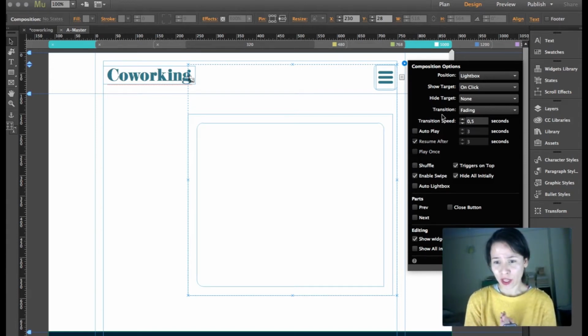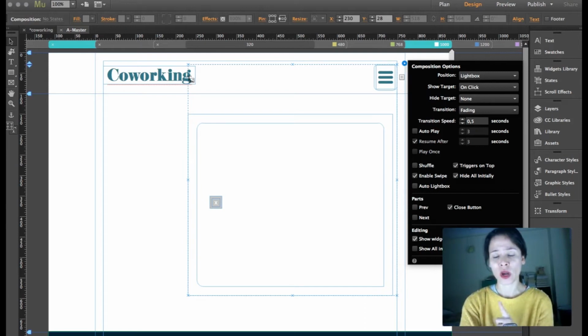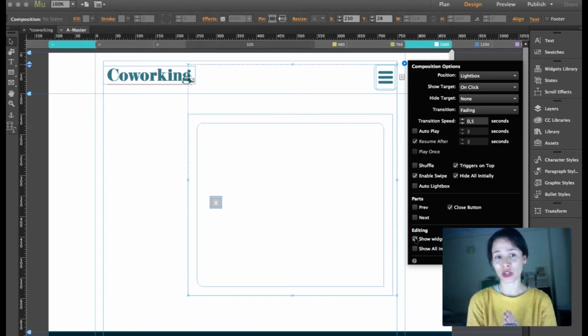And the rest of the things, what I need is a close button. So you see how I click on a close button and this appears. So that's it. And which is important too is show widget parts while editing. When you're done with this, you can deselect it, so you won't see it and you can continue designing. It won't disturb you while designing other parts of your website. But for the meantime, leave this selected so you can see it. Okay, so this